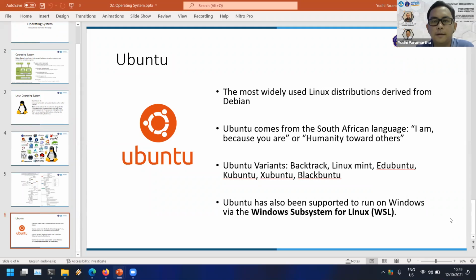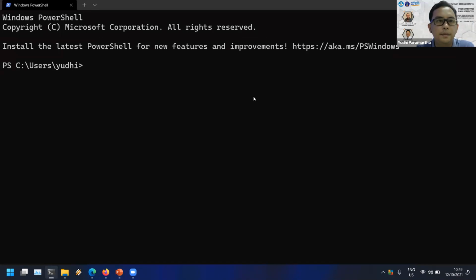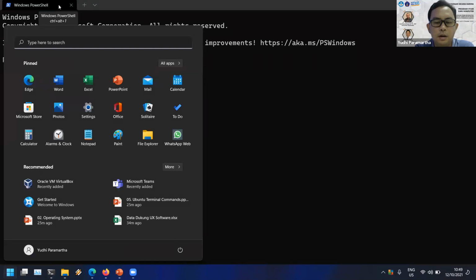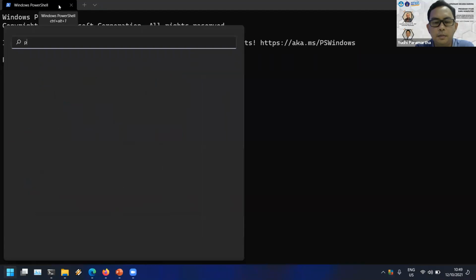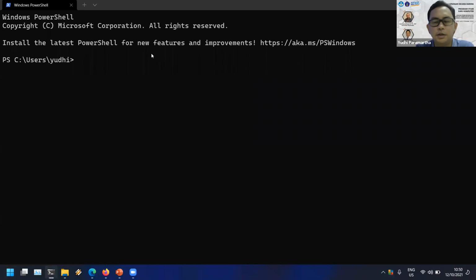I think when you are using Windows 10, you have to install it manually. But when we are using Windows 11, you could install it easily. This is the interface of Windows PowerShell. You could open it in your start menu by typing PowerShell, and this will open the PowerShell app.